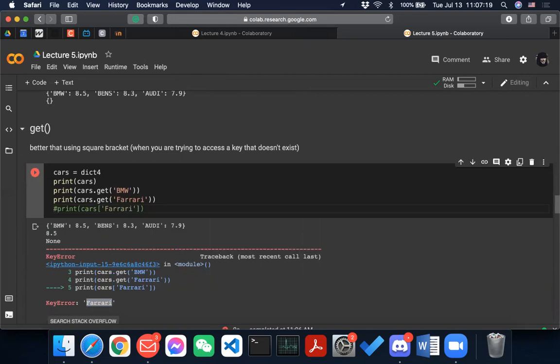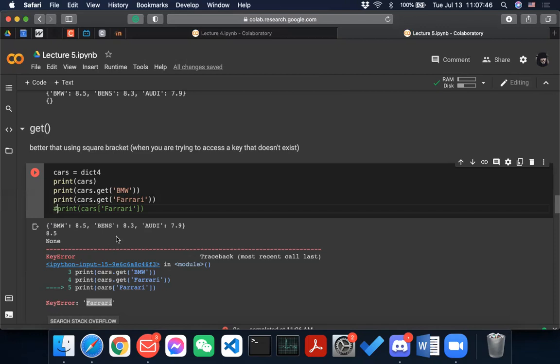I'm not saying that get is definitely better than the square bracket, because when we are dealing with dictionaries, a lot of people are just using the square bracket notation. Again, it means that you need to be careful of the limitations of a specific thing.